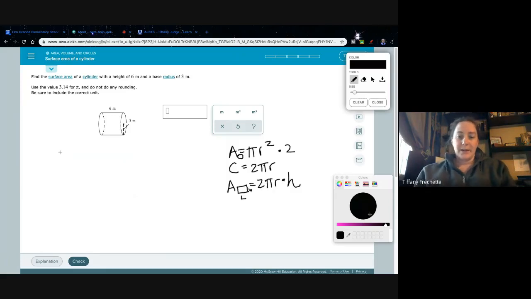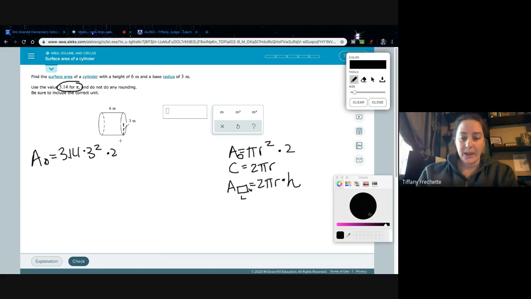All right, so let's go ahead and start looking at the circles here. So we have area of the circle equals pi. They asked us to use 3.14 times r. They told us was 3, and we have to square that. And then we're going to multiply by 2 because I have two circles. I have a left and I have a right. Okay. So let's go ahead, and they